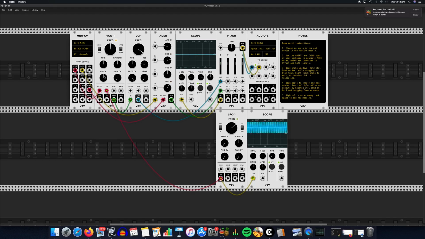modulation. But then if we turn this right down low, so we're only getting a little bit. It's a bit too fast, maybe a bit slower. So that's starting to sound a bit more like a vibrato on a real instrument. Just a tiny little bit to fluctuate the pitch. So, you can hear now that's starting to sound a bit more like the sort of